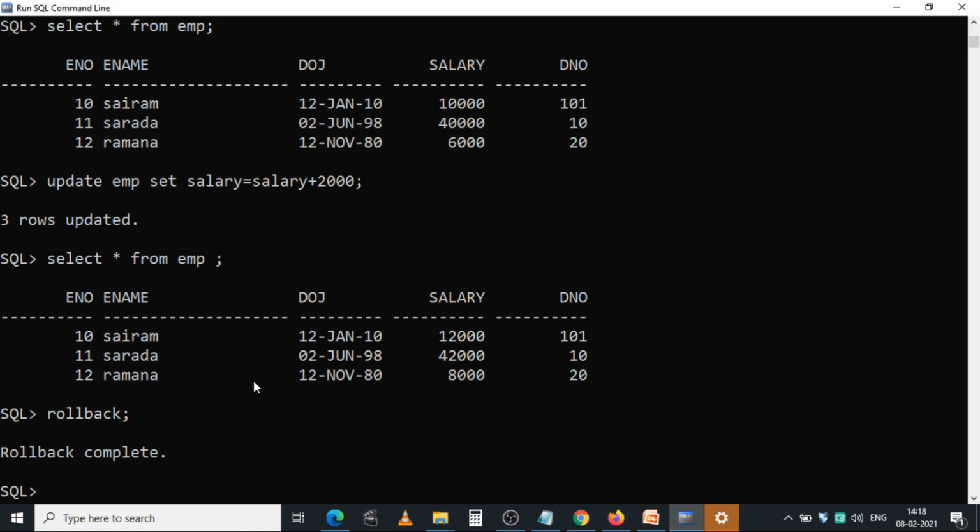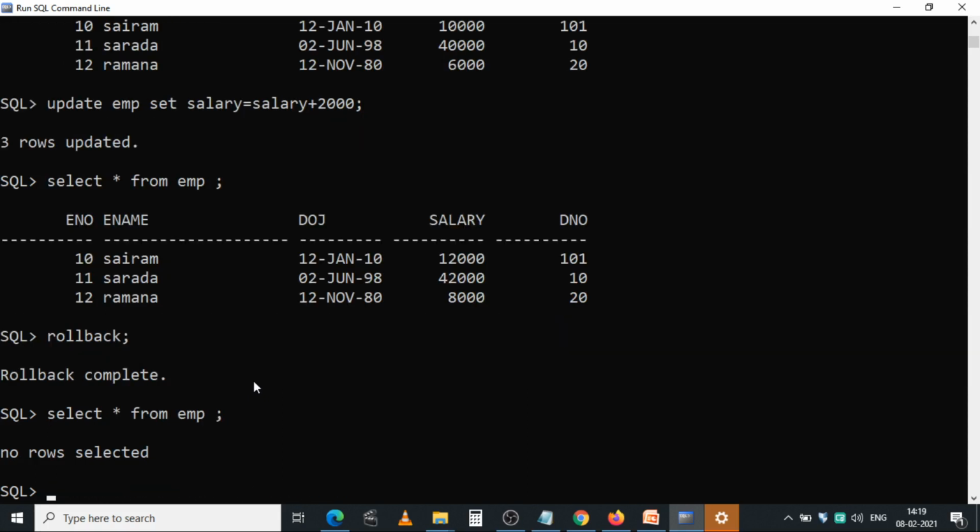Just you check once. Now select star from EMP. Just execute this command again. Oh, no rows selected. Okay. So what are the DML operations you have done in the EMP table? First of all you inserted 3 records. After that you updated 3 rows.